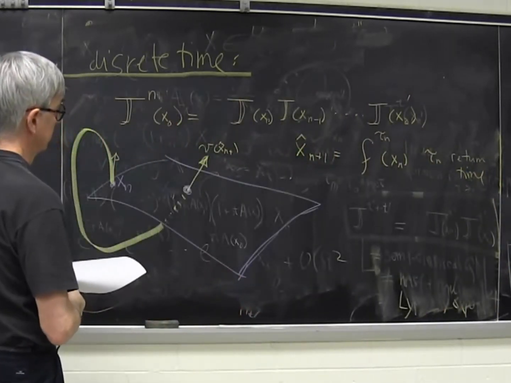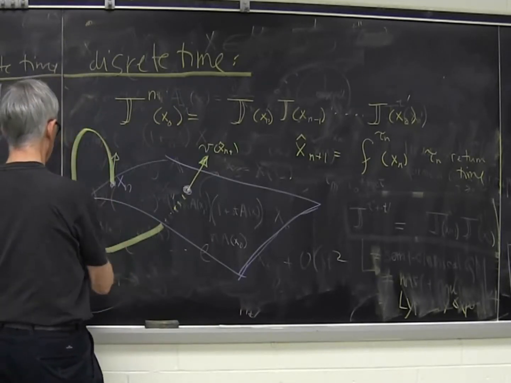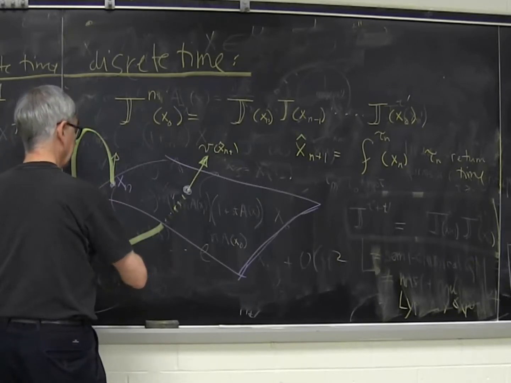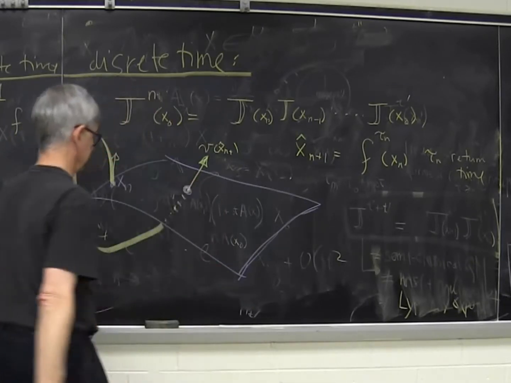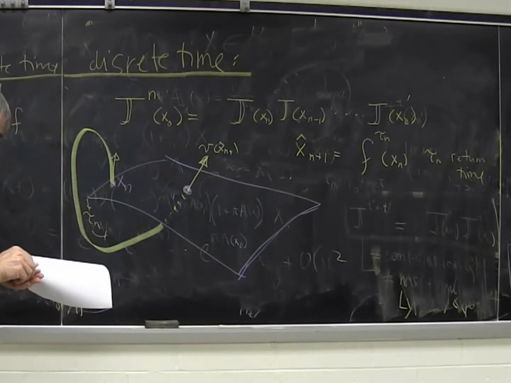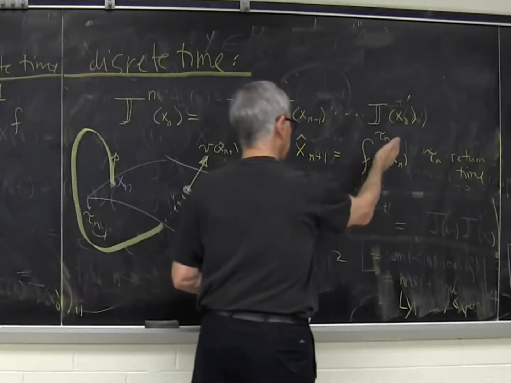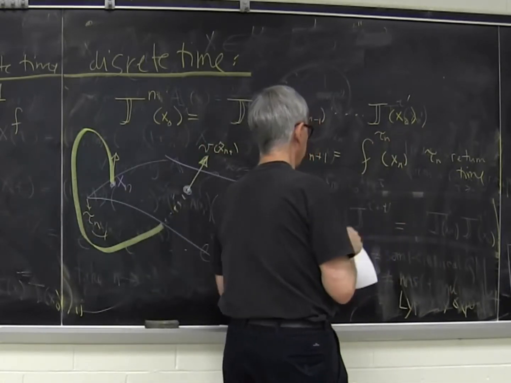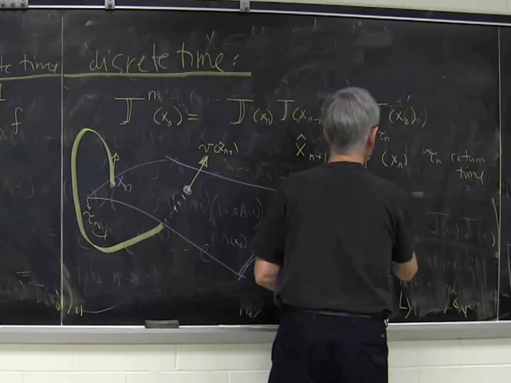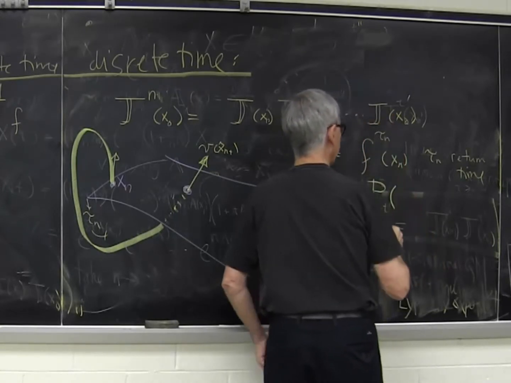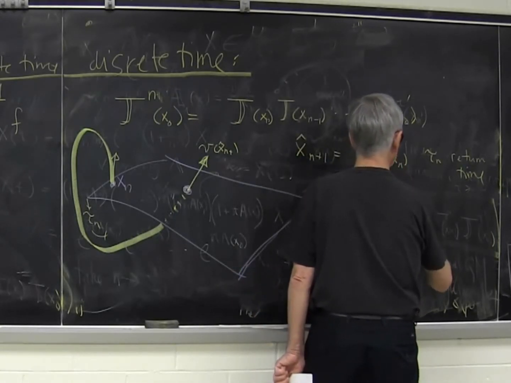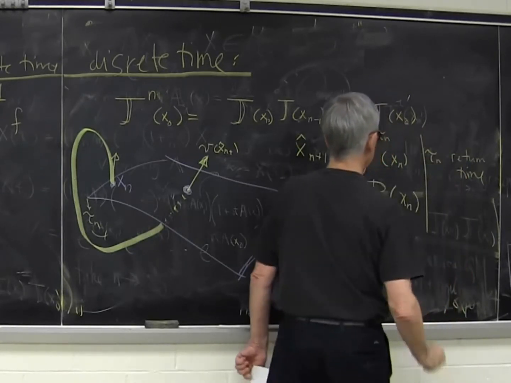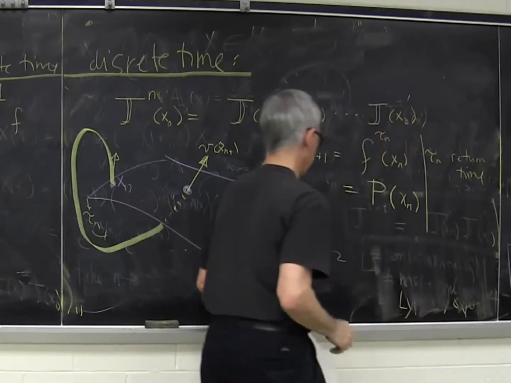So, how long a time I have to go to exactly land here. Okay, so that's something we compute, and that's how we compute the Poincaré return map. It's a function, it's this function, and we give it a name. It's a map. This is the one-step map, and it depends on where I started, which maps tend to do in nonlinear dynamics. So that's all very fine, no problem.